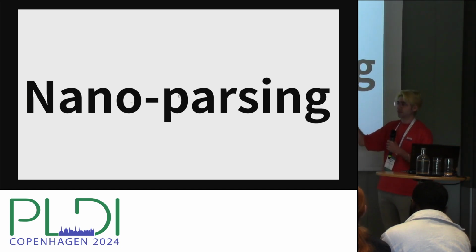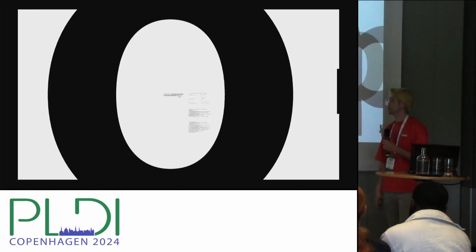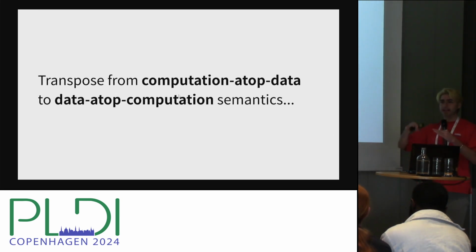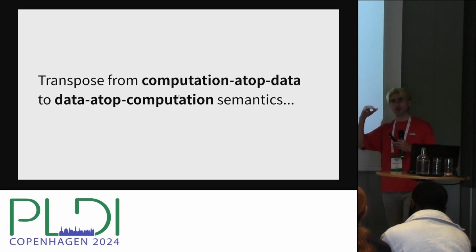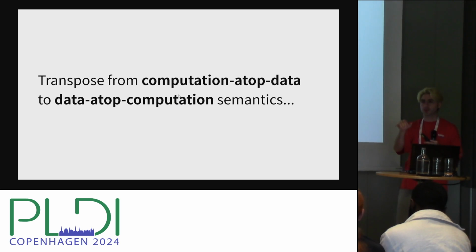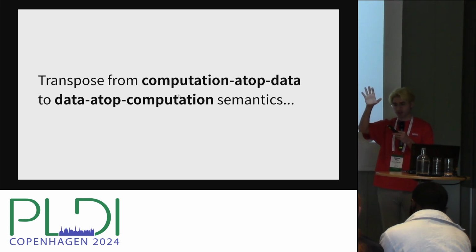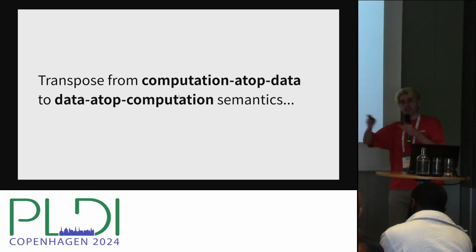And so let's zoom right into what that is. The catchphrase for this is we transpose the computation over the data, atop the data, into the data atop the computation. In a traditional recursive descent parser, you have a little window of context, a window of size k around whatever token you're on, and you have your entire recursive functions, and you perform a whole bunch of computation over that little window, and then that window slides along.